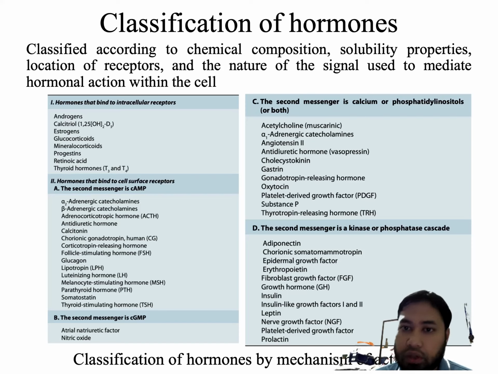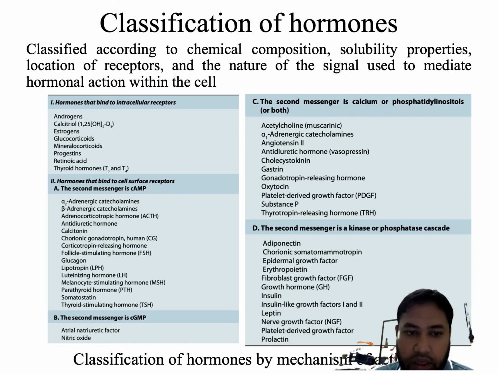So based on the location of the receptors as well, we can differentiate that they are of different groups. Examples of hormones that bind to the cell surface receptor, where the second messenger is cAMP, are alpha-2 adrenergic catecholamines, beta adrenergic catecholamines,